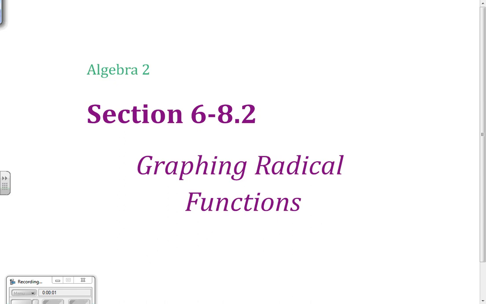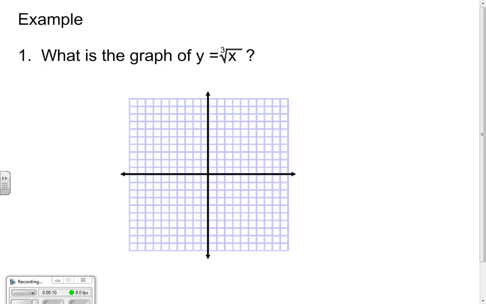Chapter 6, Section 8, Day 2 is all about graphing other radical functions. So Section 8, Day 1 is about graphing square roots, and Day 2 is actually about the cube root function. So the parent function is the first one we're going to do, just to get a general idea of what's